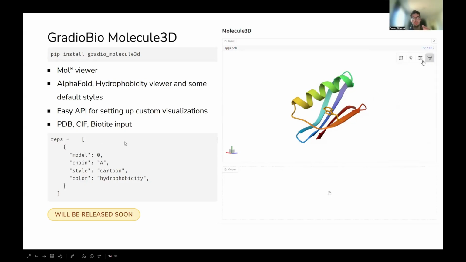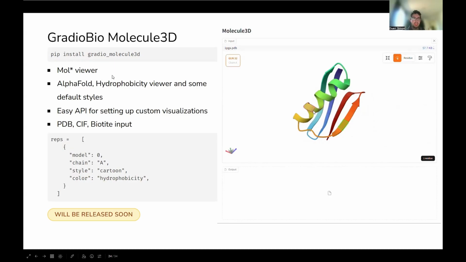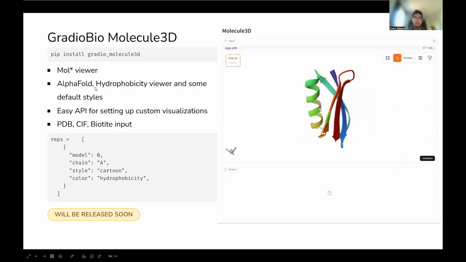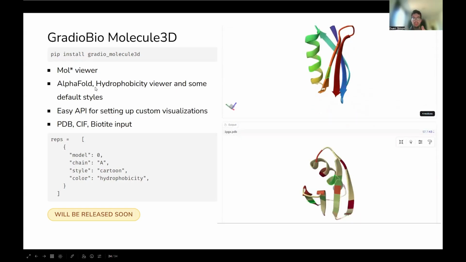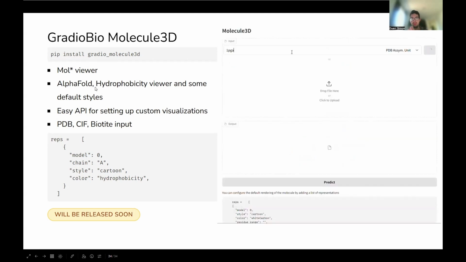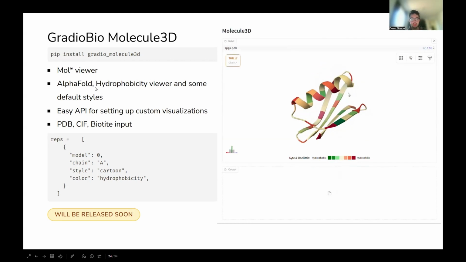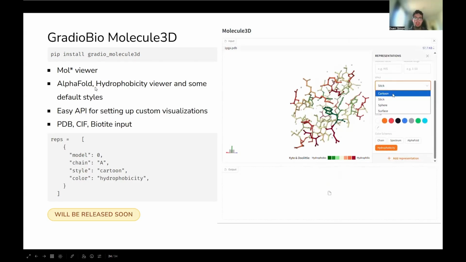And the idea is always that you can use it as a human using the interface, but you can also do the same thing via the API so that it's easy to use. This component already exists, but this addition with Molstar I haven't released yet, so this will come soon. It can take normal PDB and CIF input, but this input framework, which I'll present in a second, can also take as input, for example, structures from AtomWorks, which I believe is presented after this, or from libraries like Biotite.